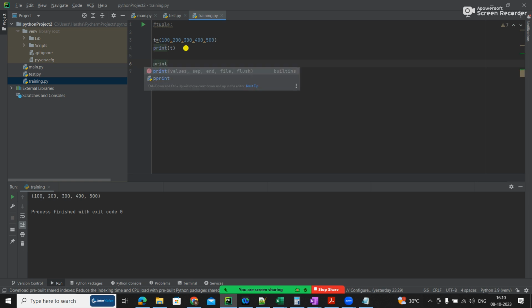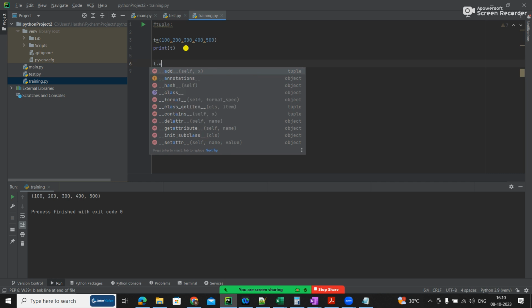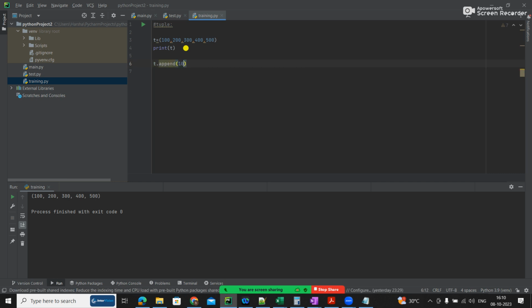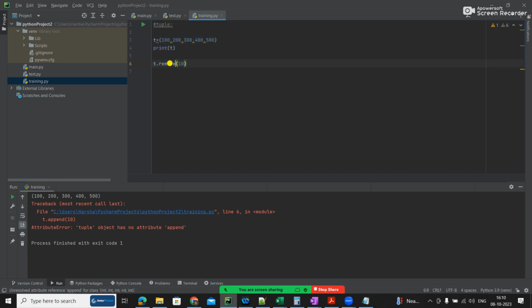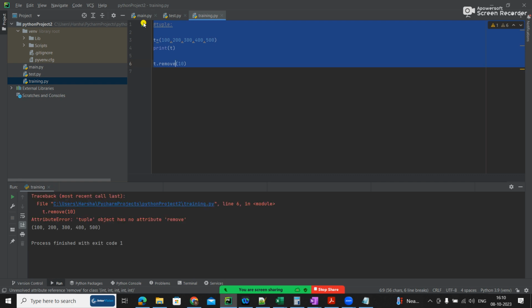If I do lt.append of 10, it throws an error. t.remove, it throws an error. So this is lists and tuples.